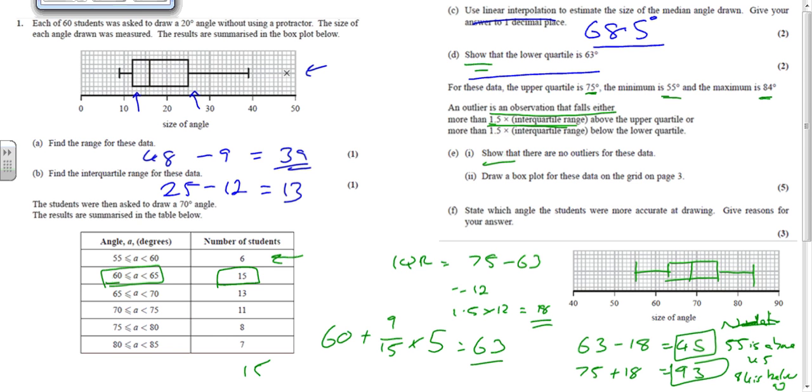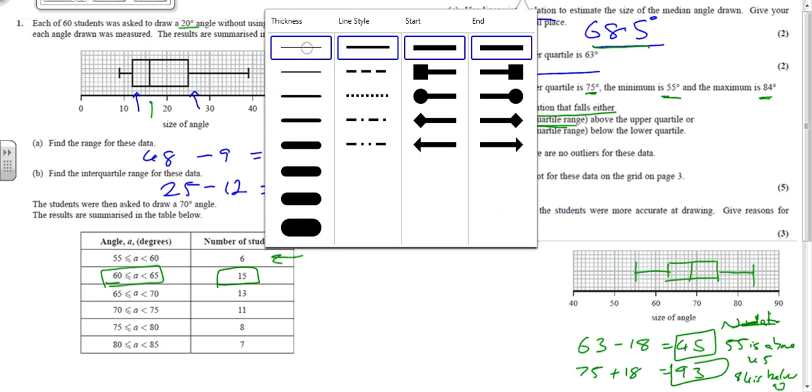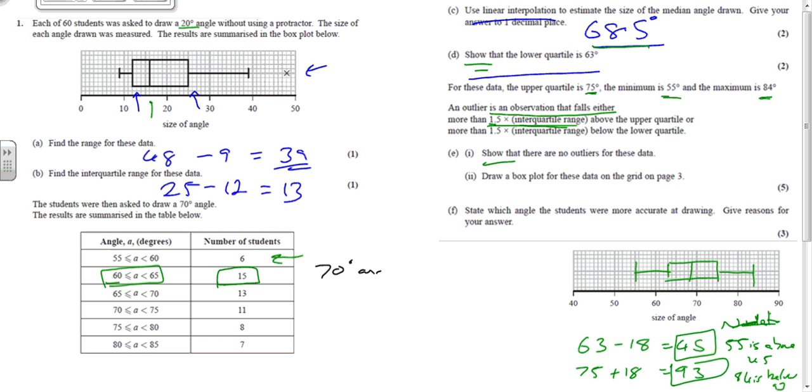State which angle the students were more accurate at drawing, give reasons for your answer. This is worth 3 marks. So when we had a 20-degree angle, the median here was 16. When we had to find a 70-degree angle, it was 68.5. So I'd say, write this down, the 70-degree angle was more accurate as the median is only 1.5 degrees out,